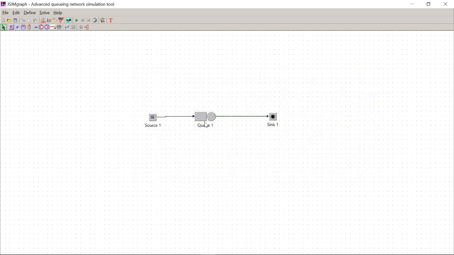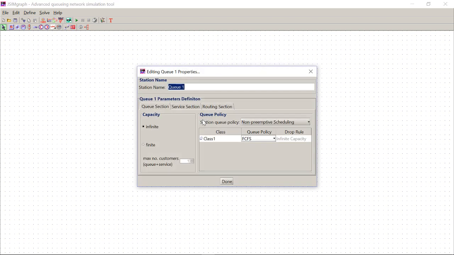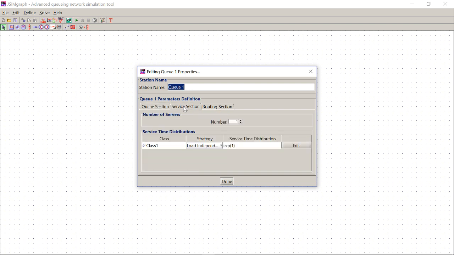We now need to configure our queue. First of all, in the queue section that you can see after you have double-clicked on this queue, you can decide in what order the jobs will be processed. By default, JMT chooses a first-come, first-served scheduling policy. So we leave it this way and move to the service section, which specifies at which speed the queue will